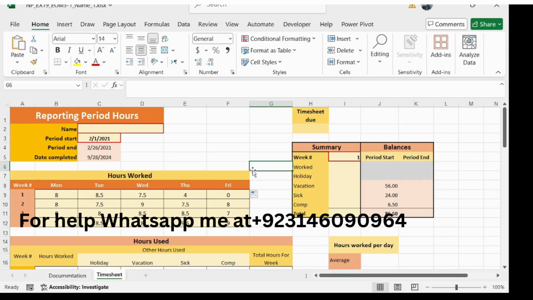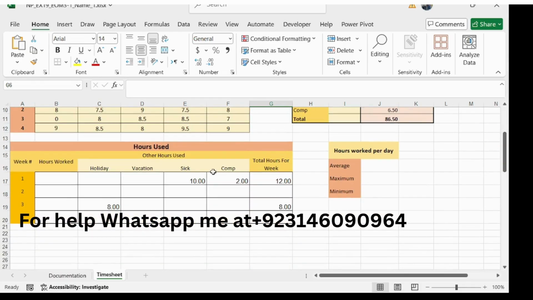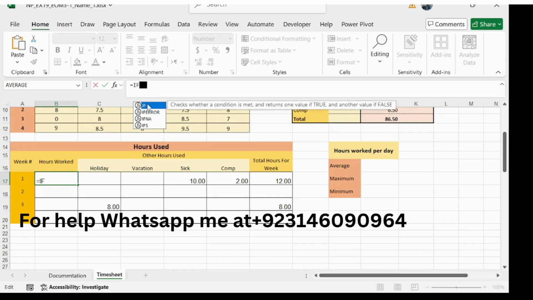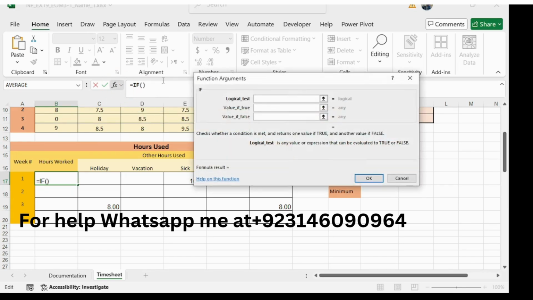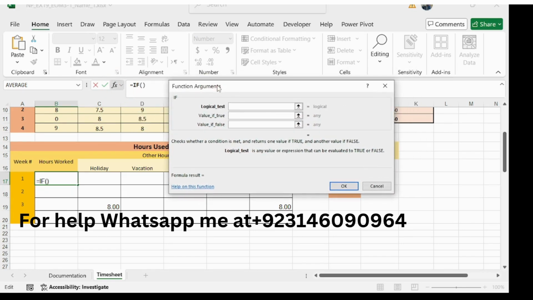And our step number 4 is add a formula to complete the table of overs in cell B17. Go to cell B17, this is cell B17. Create a nested formula. Type is equal to IF and double click on IF, and go to function arguments. The logical test is SUM.